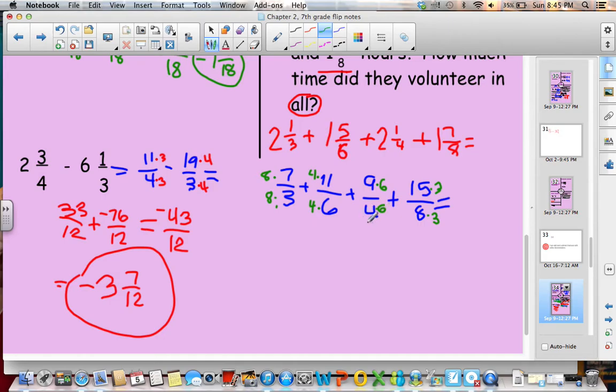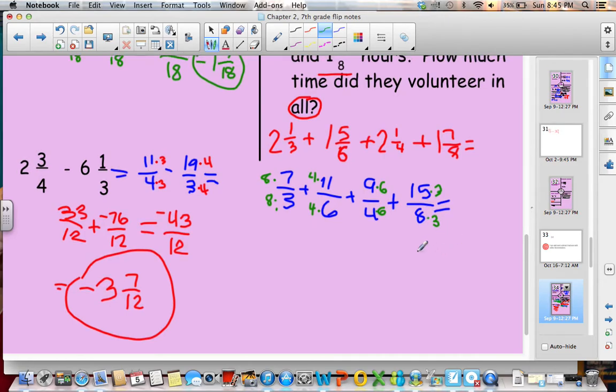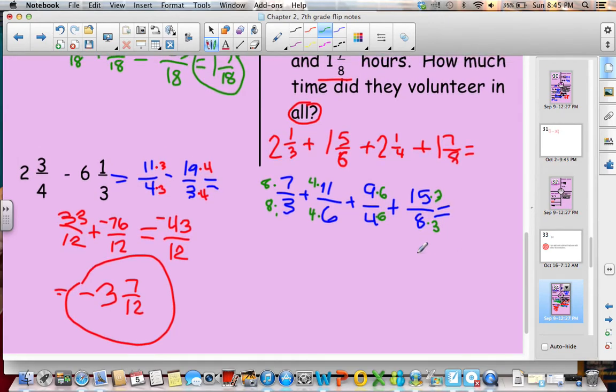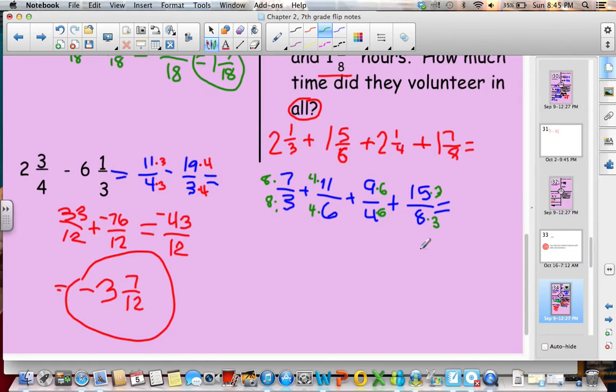Okay, so I have this problem started for you. I want you to finish it and bring your answer to class tomorrow. So just think about this. Once you have it all rewritten with your common denominator, then it may be easier to add these together and then add the third one and then add the fourth one. And then remember you need to write it as a mixed number in simplest form. Okay? And then when you're done with this problem, circle it so it's easy for you to show me when you come to class,